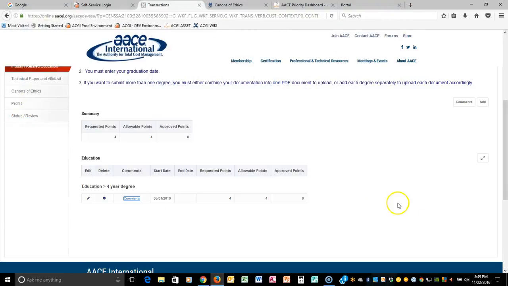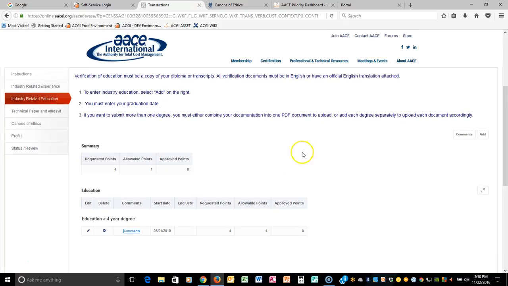And we're going to click Save. There again, it will give me the 4 points that I need for a 4-year degree. Had I picked a 2-year degree, it would have given me 2 points. A 3-year degree would give me 3 points. If you select postgraduate, it will only give you 4 because that is the maximum that you can claim for